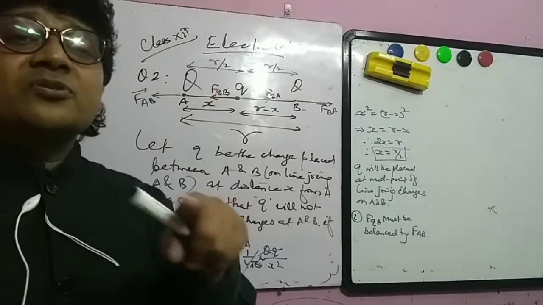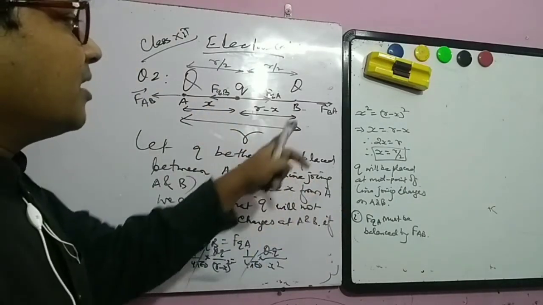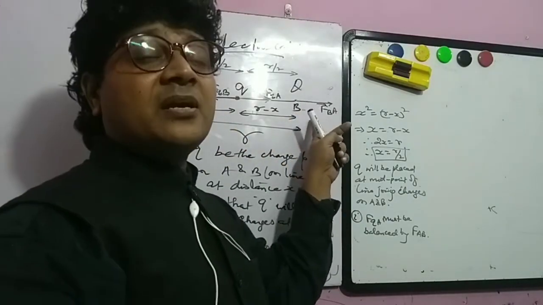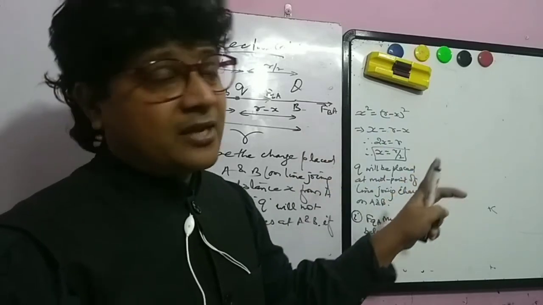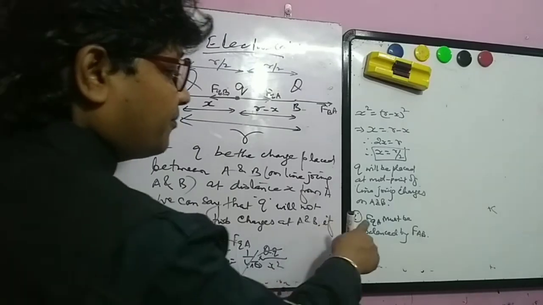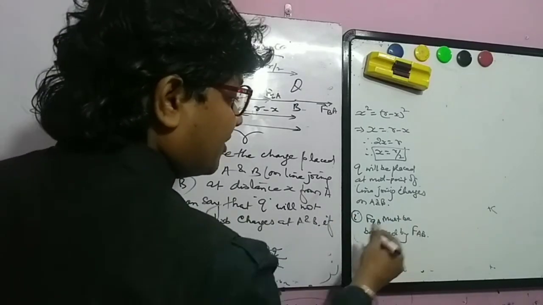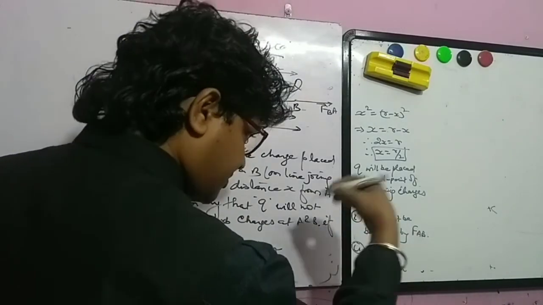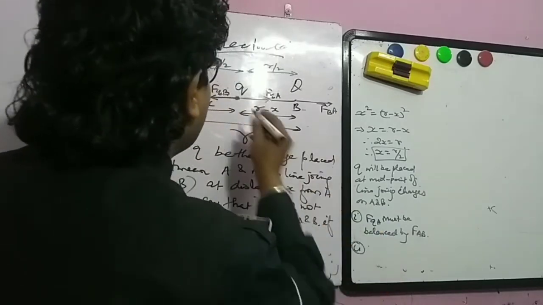FAB is the force on A due to charge on B. What is FBA? Force on B due to charge on A. So we can write here, FQA must be balanced by FAB, and second case we can also say that